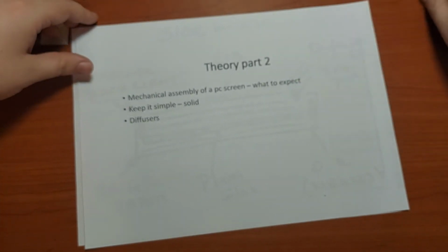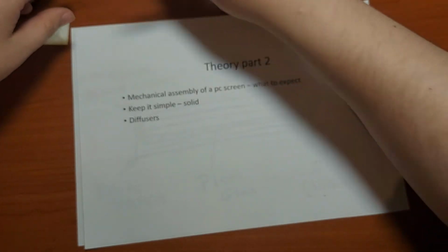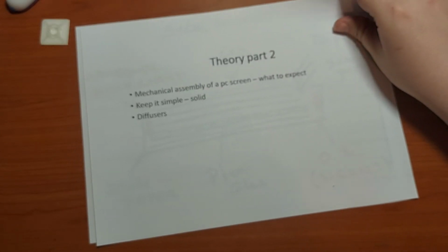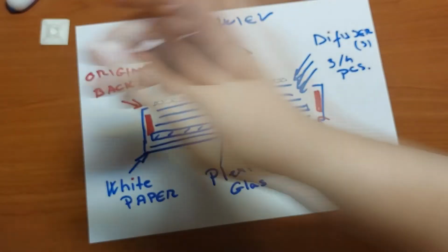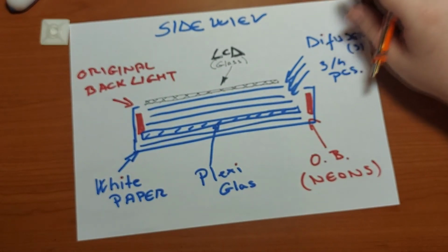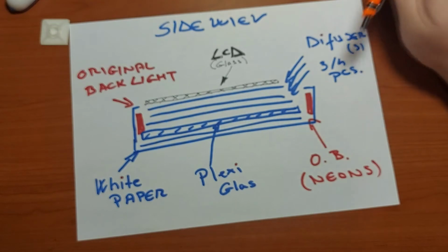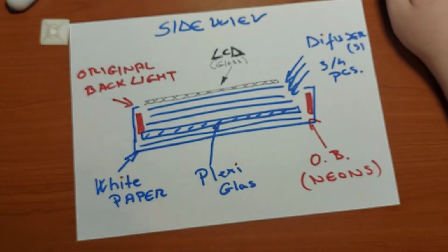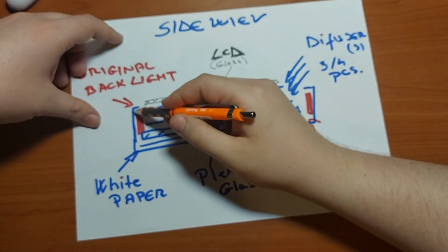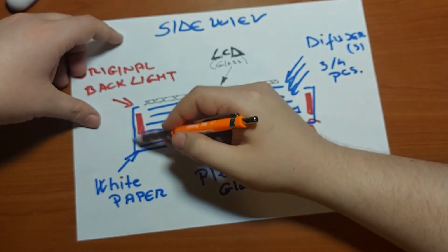As you can see, the theoretical part number 2, I'm going to talk about the mechanical assembly of a PC monitor. So, as you can see, you have a backplate. In my opinion, it wasn't a good idea to film the whole process and show you how I disassemble mine,